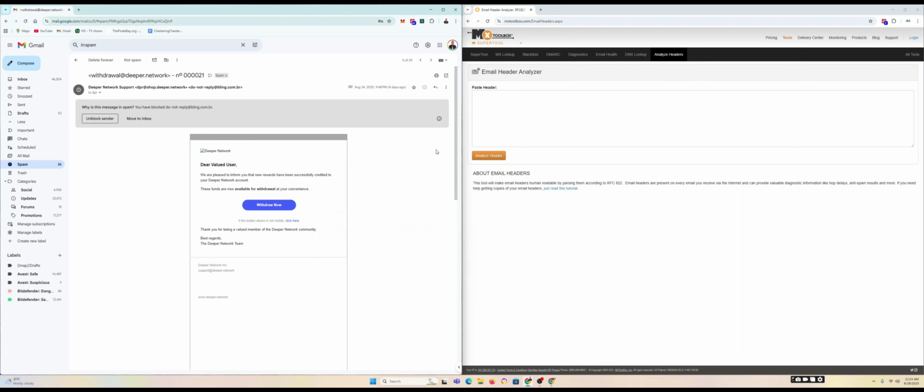So in order to extract your email header, what you normally do is click on the 3 dotted lines over here, and in our case we are analyzing a suspicious email that landed in our Gmail inbox. So the mail user agent that we're using is Gmail. So in order to extract the headers, you click show original,